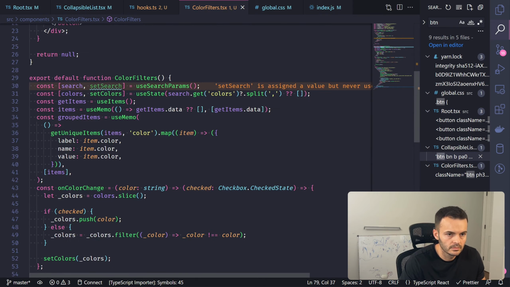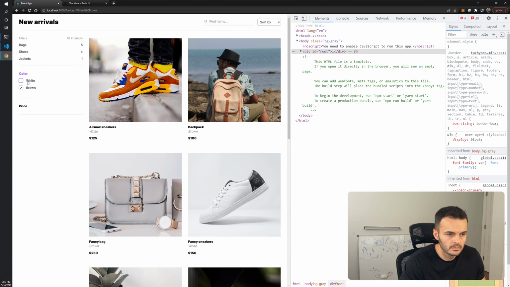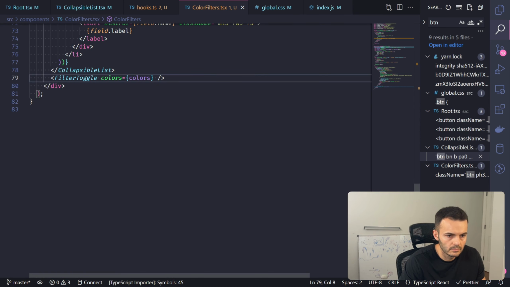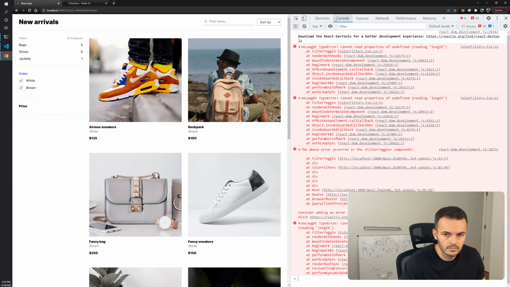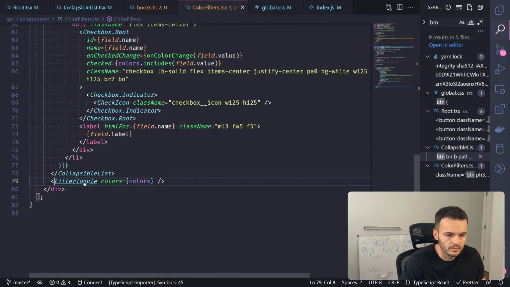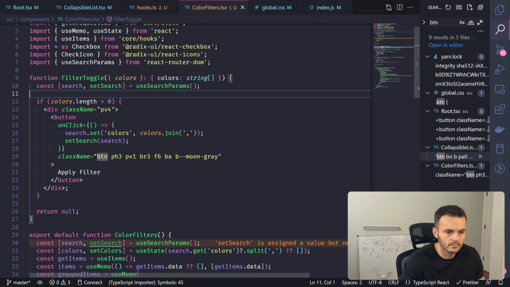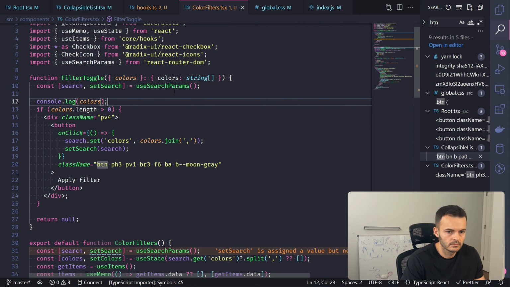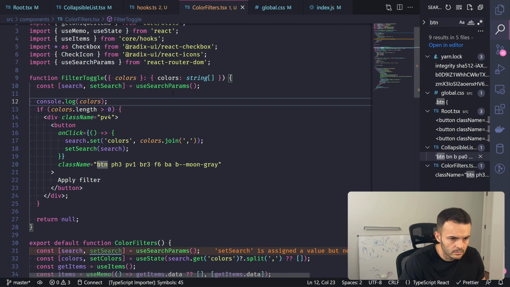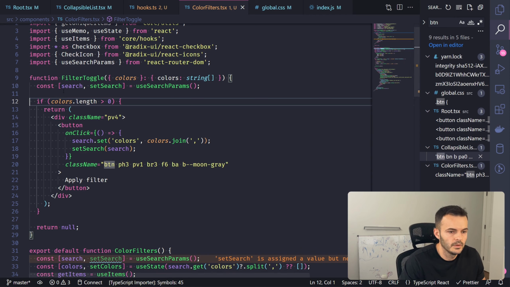Colors. Oh, missing my return statement. Beautiful. So, if colors.length is greater than 0,